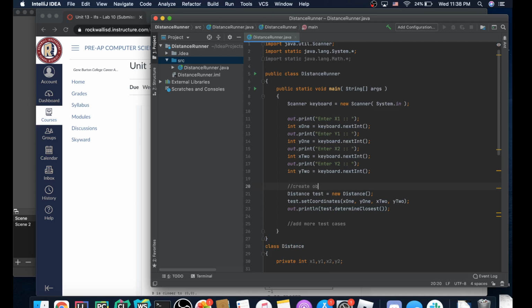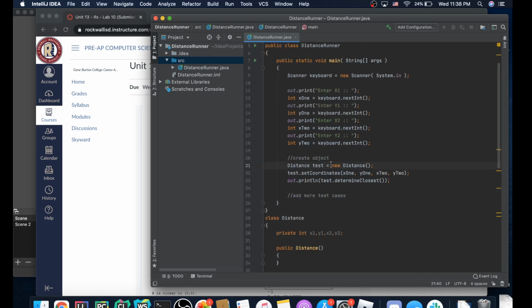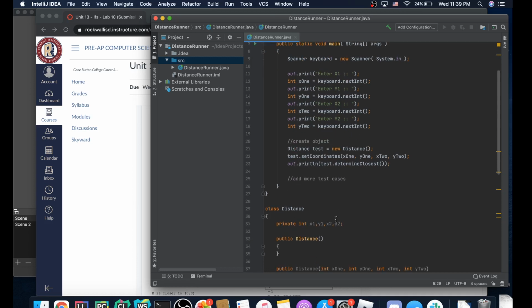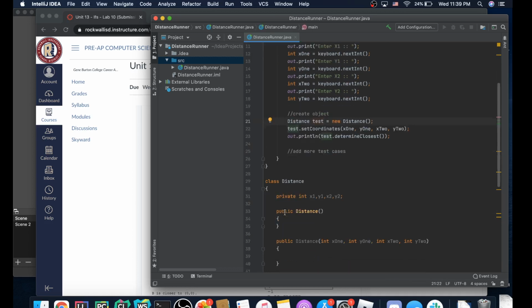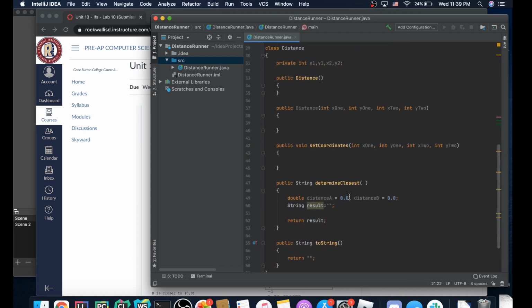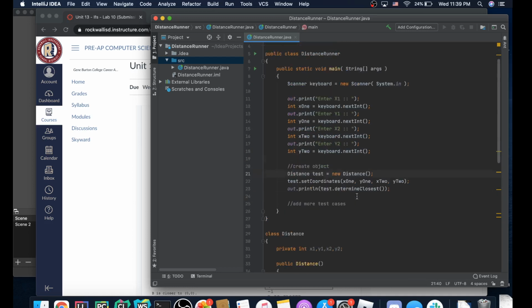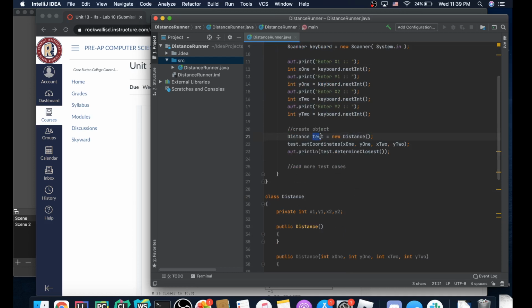We create an object, and it's already done in the template code. So an object is what allows us to see things in other classes, and the only class we have access to right now is just distance runner. But in order to look at other classes, we can use this thing called an object, and now we can look at things inside the distance class. That's my way of thinking about it. So we're looking at stuff in distance by making an object called test,